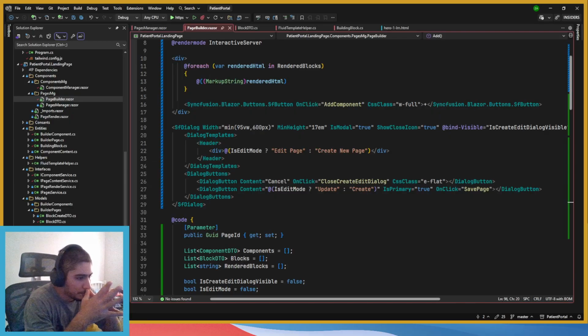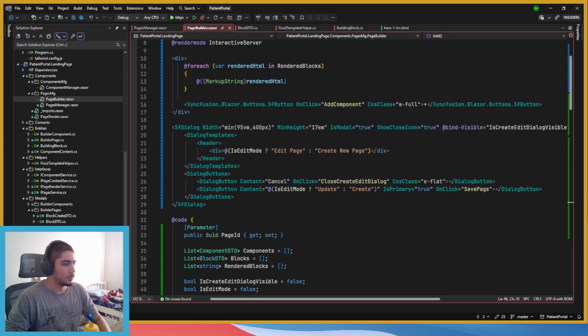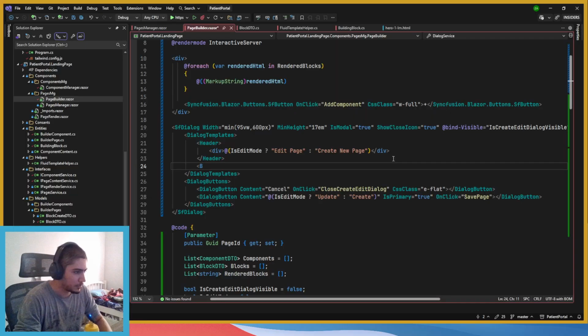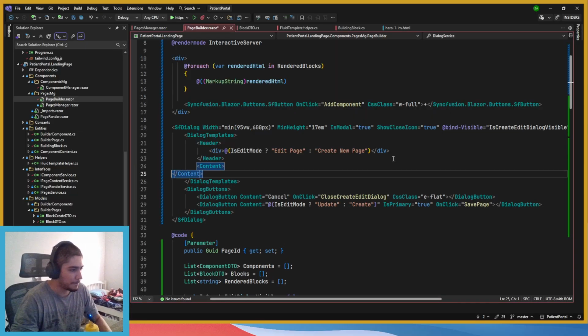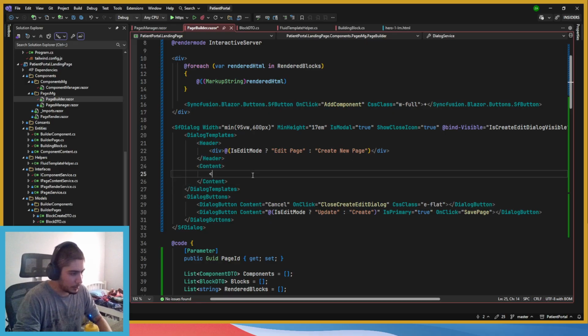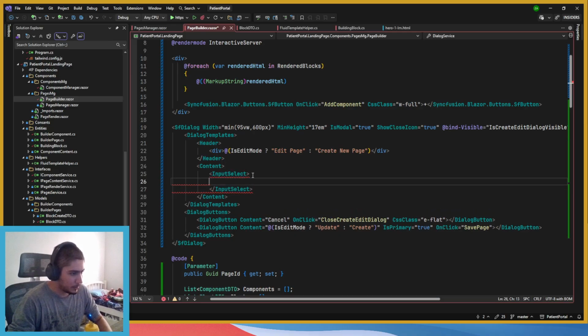So let's create the dynamic form because that's the most important part of this. And what I'm thinking of doing is using the type we select, we're going to create multiple forms. So first of all, we're going to select the component. Okay, dialog is, what is the body? It should be body, no? It should be content, I think, yeah. Okay, I'm not going to do any complex things. So we're going to do just input, select, and in the input select, we're going to do option. It should be like this.